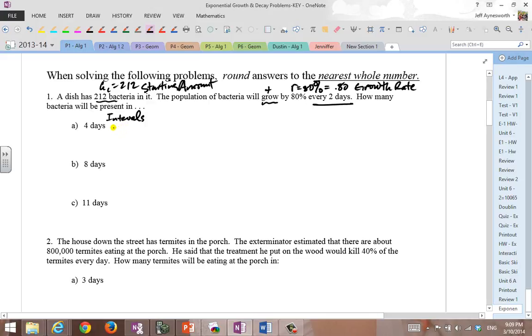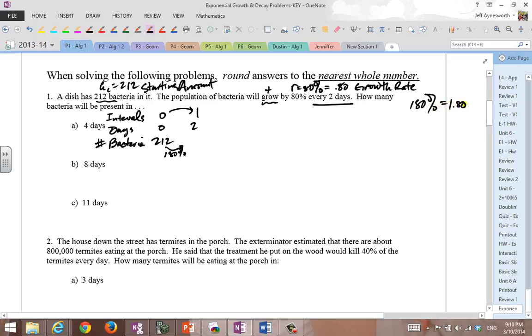And then we're going to do the number of days here, and then we'll do the number of bacteria here. So in the beginning, at interval 0, or day 0, we have 212 bacteria. And after one interval, or 2 days, because it says every 2 days this thing grows by 80%, we have not just 212 bacteria, but 212 bacteria plus 80% more, which means we have 180% of what we started off with. So I have 180% of 212,